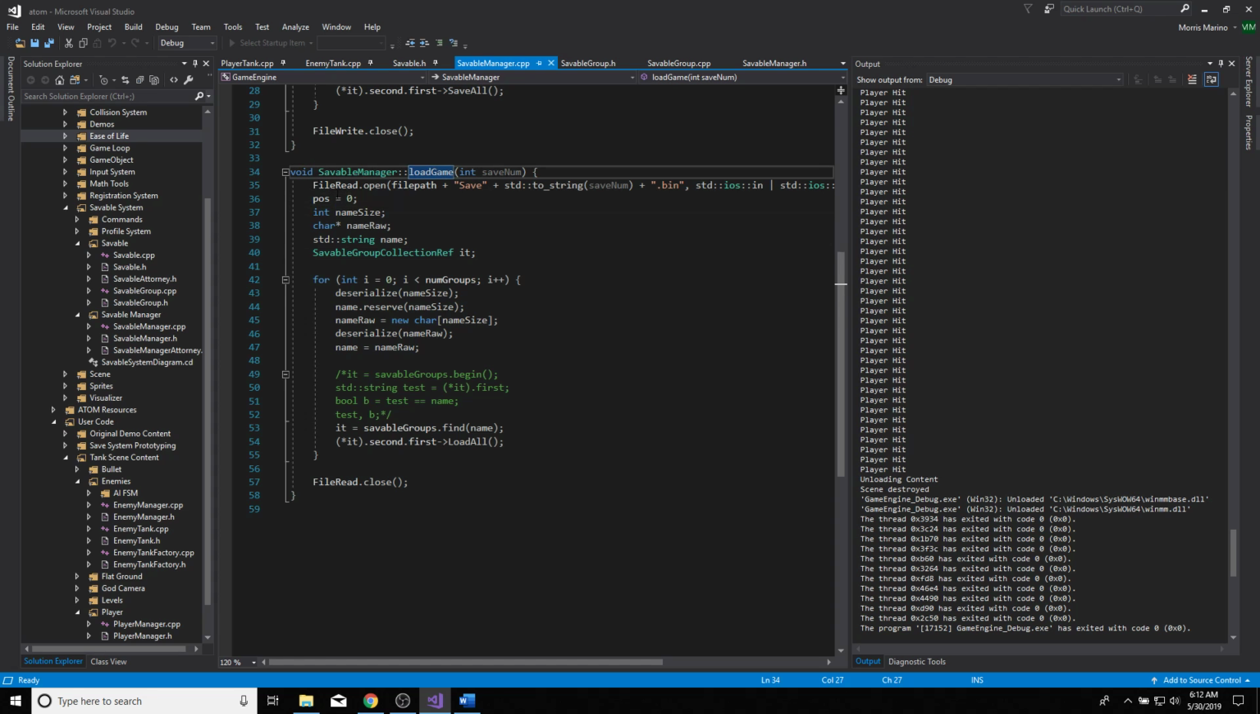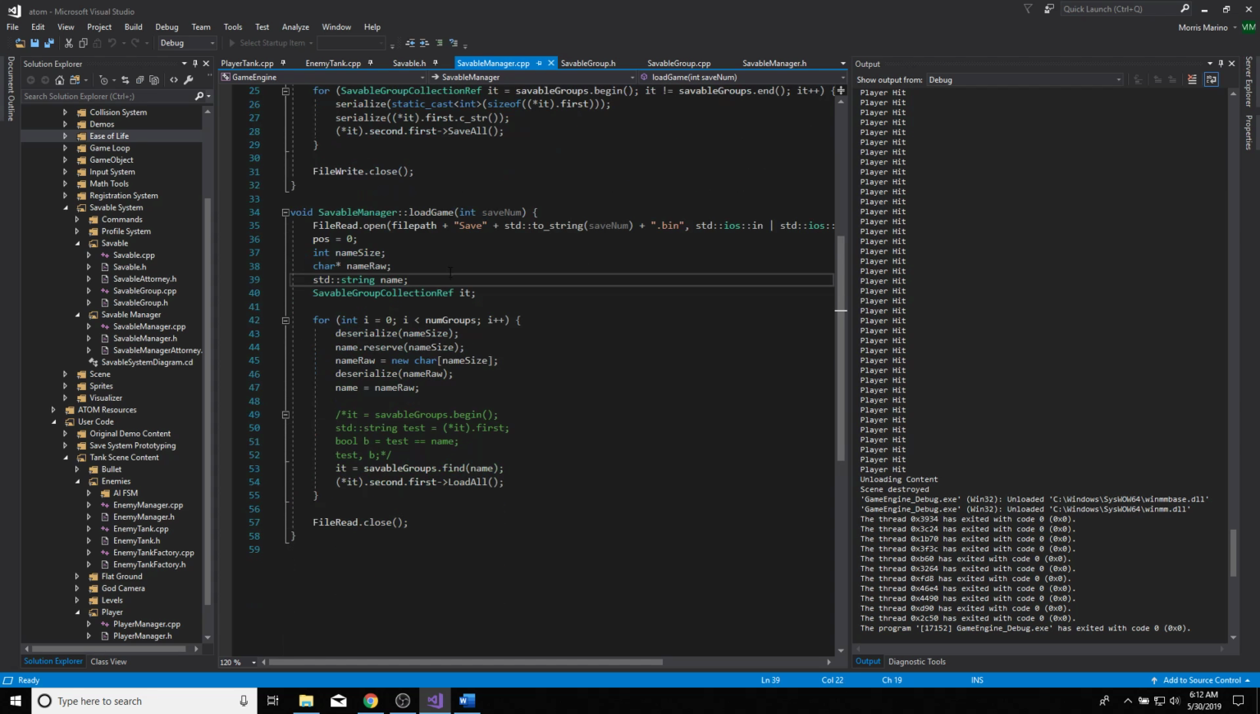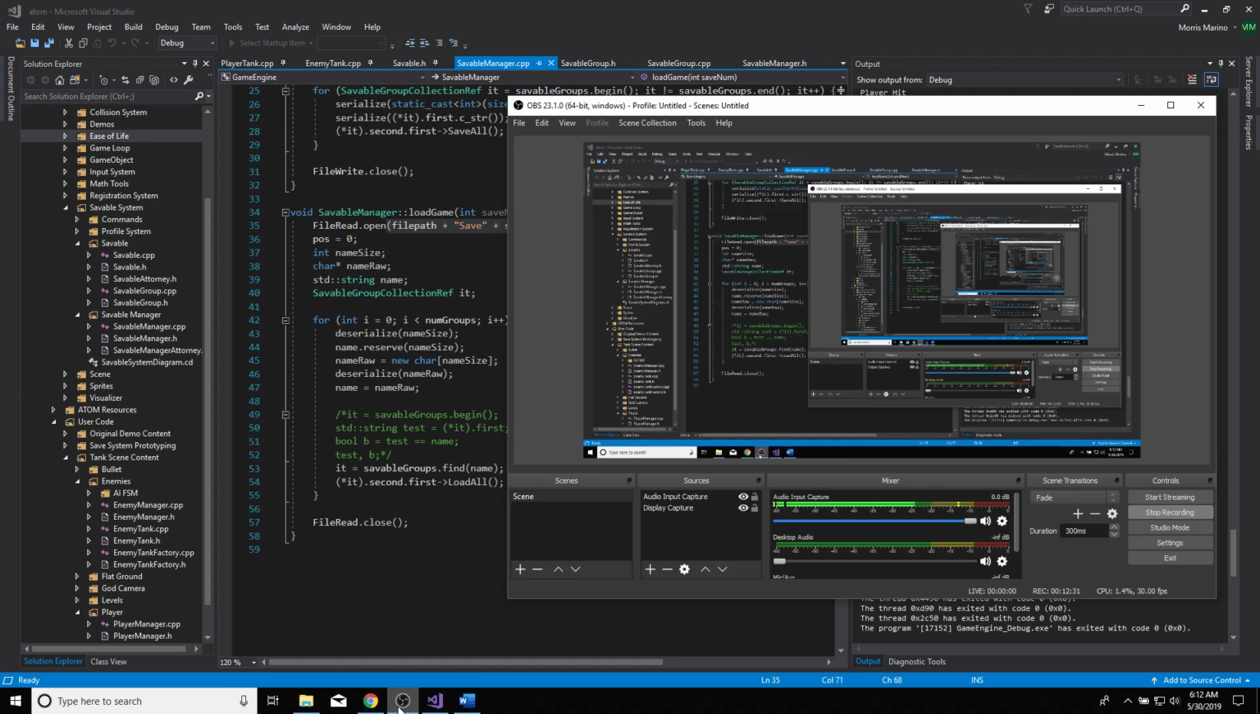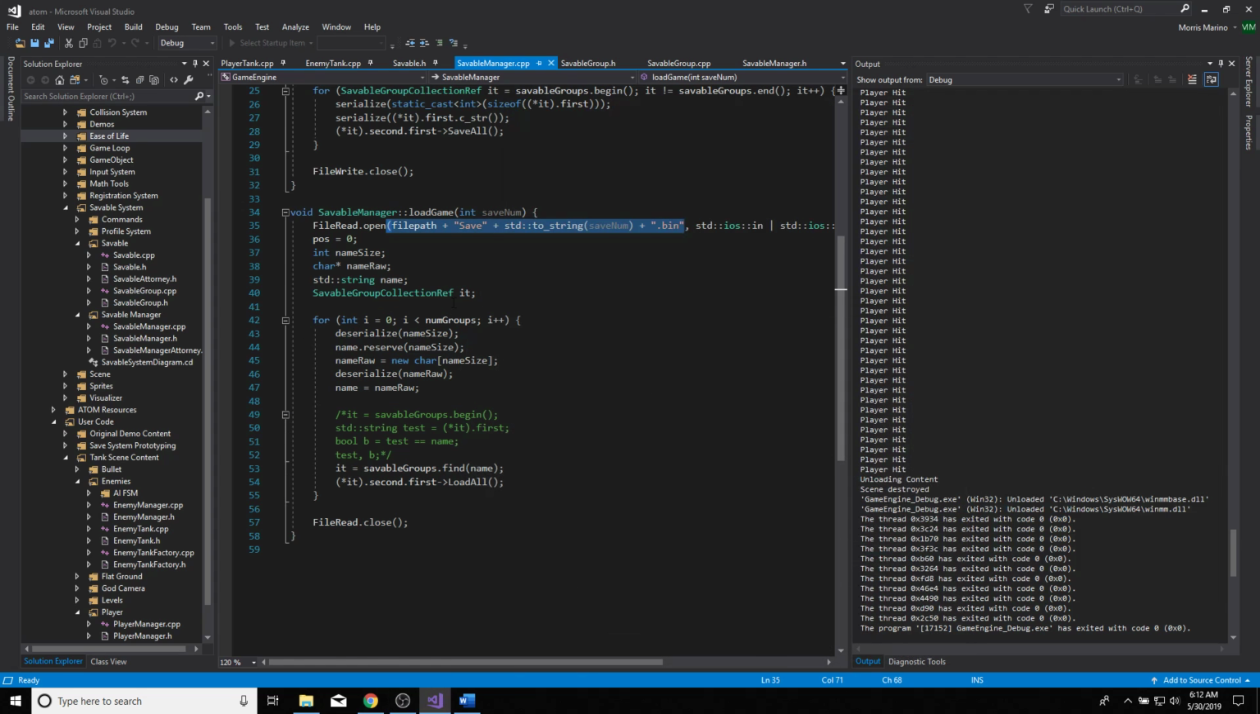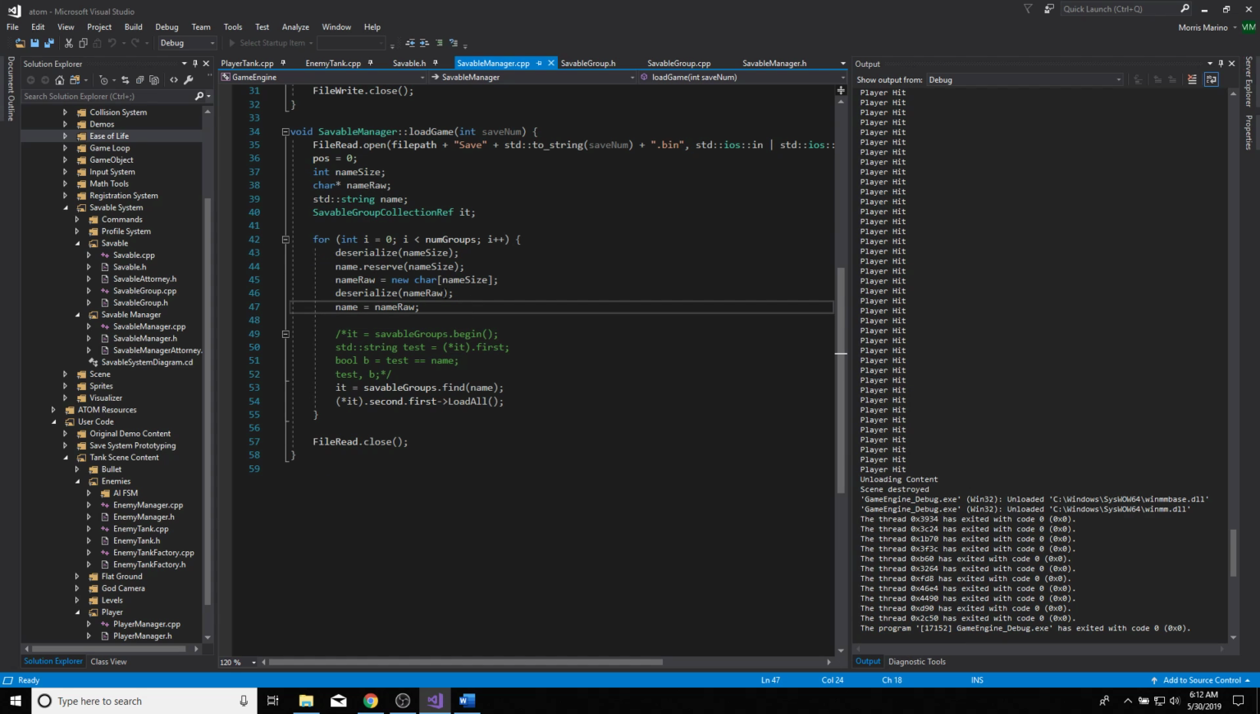Anyway, here's where it gets really interesting. We got the load game, the counterpart to here. Also, I should note, here's the save number, which then creates the file name, which is attached to the file path, and that's how you get the file name. On the other end, when you load it back out, you have to read out the name properly, and then we check the